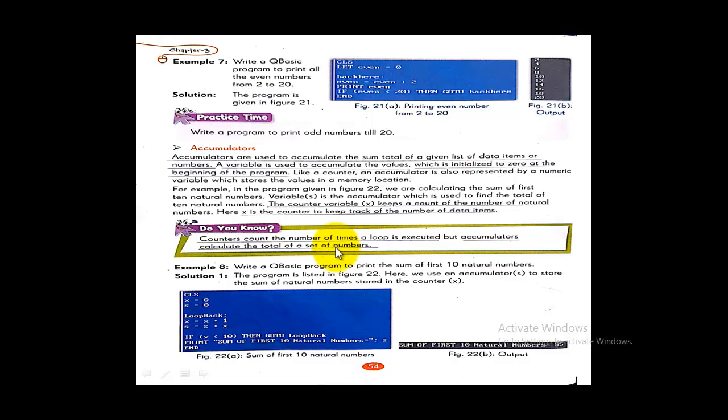Then loop back again. x is 1, so 1 plus 1 is 2. Now the value of x is 2. Then s equal to s plus x. The last time s was 1, so 1 plus 2 is 3. The value of s is 3. The computer will automatically keep running and give the answer: sum of first 10 natural numbers equal